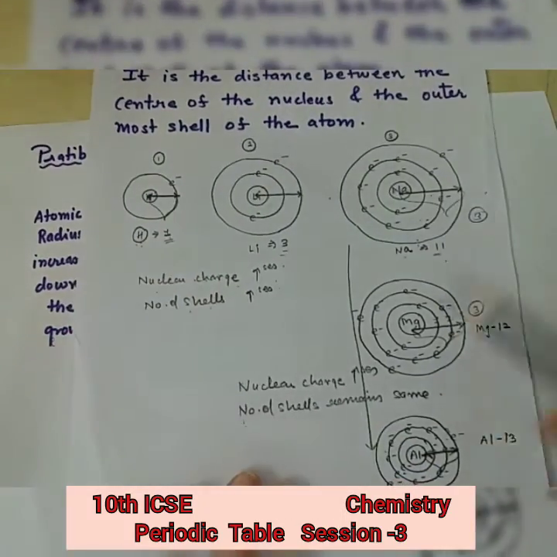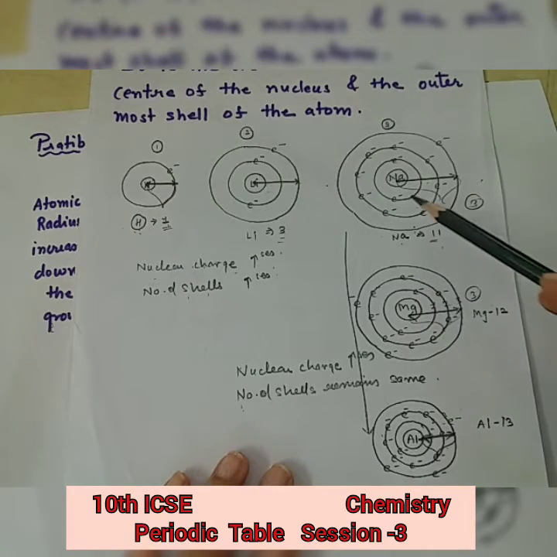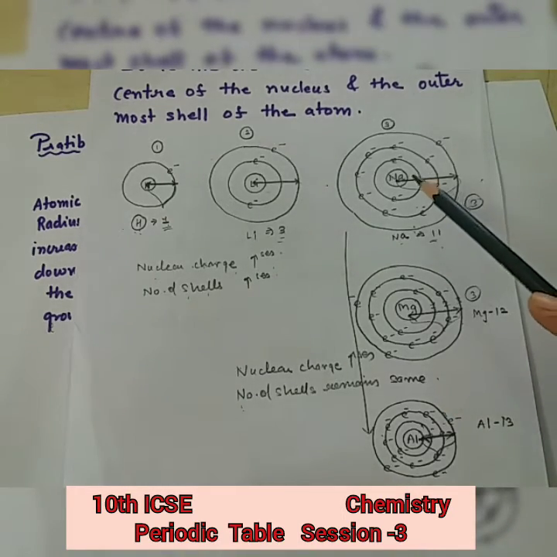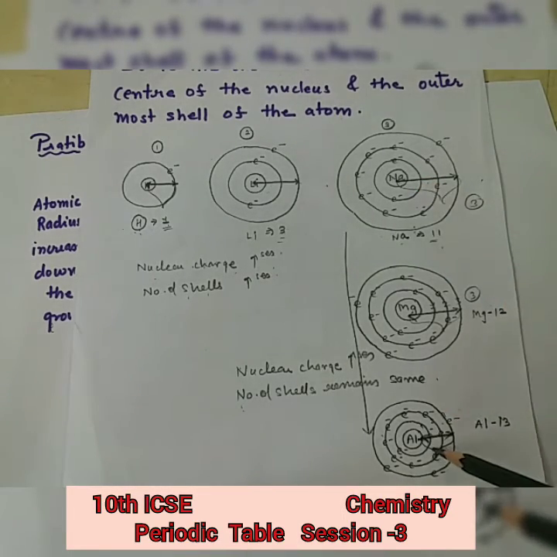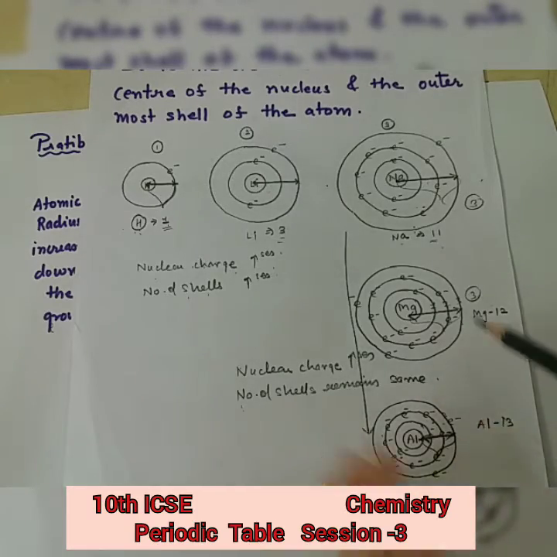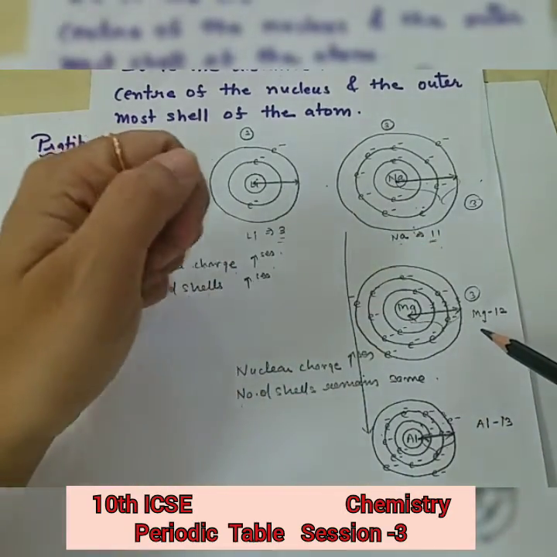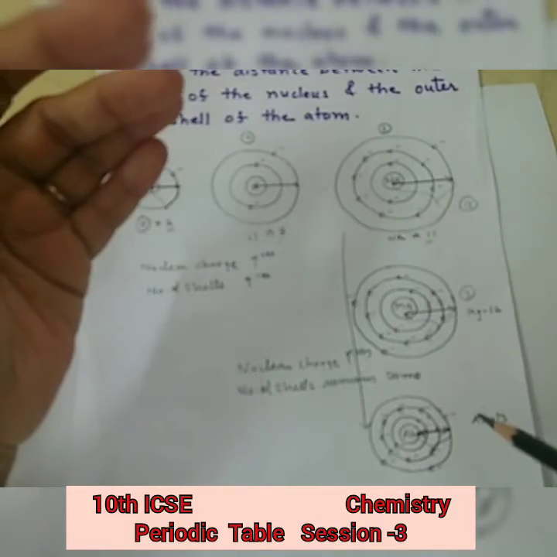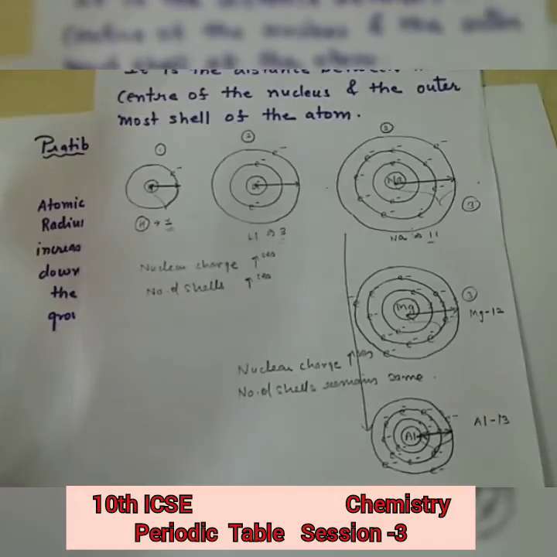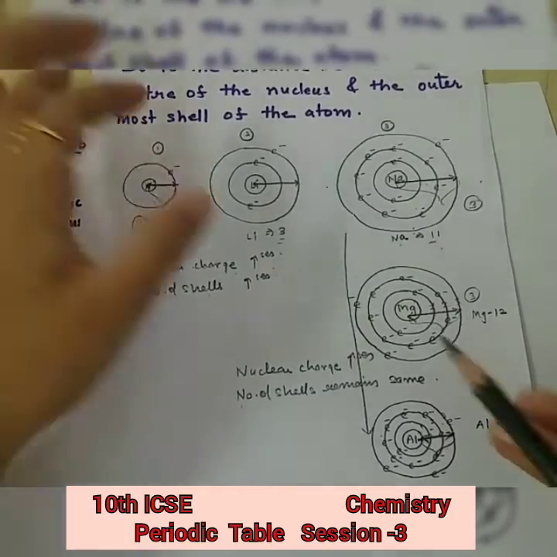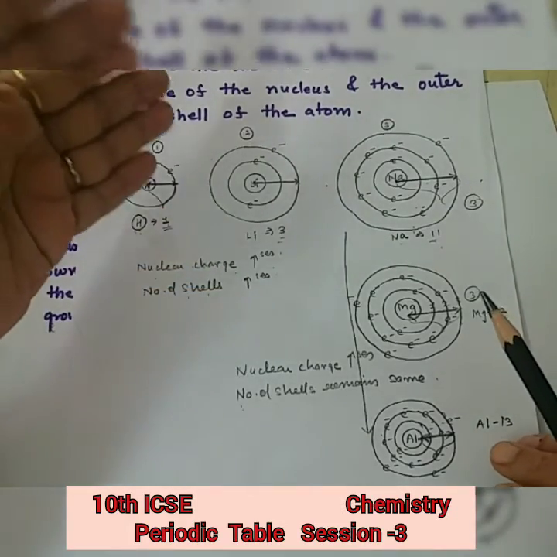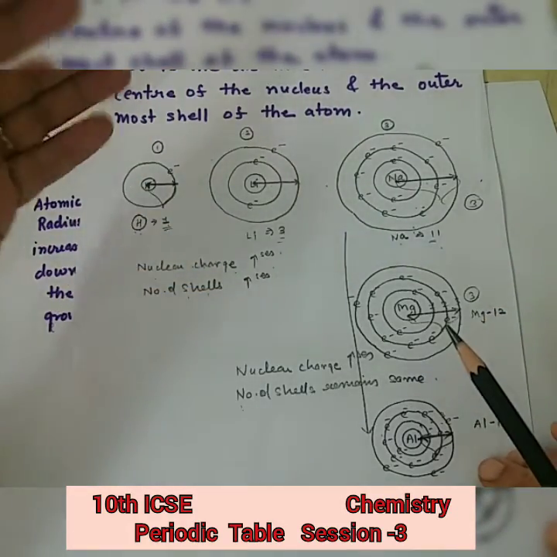As we go from sodium to aluminum, you can see here number of shells remains same but number of protons increases, so nuclear force of attraction increases as we move from sodium to aluminum. So net nuclear force of attraction on the outermost electron or on the valence electron increases as we move from sodium to aluminum. Okay, so this way the atomic radius is changing,